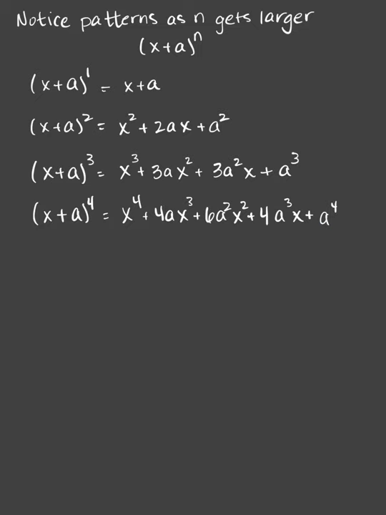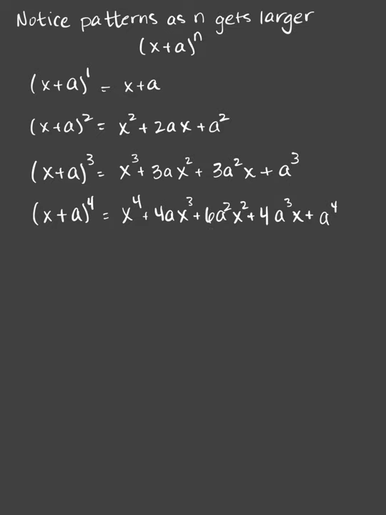So if we stop here for a moment, we do notice that each of these expressions has n plus 1 terms. So here, if n is 1, the expanded expression has 2 terms. Here, n is 2, the expanded expression has 3 terms. Here, n is 3, the expanded expression has 4 terms. Here, n is 4, the expanded expression has 5 terms. We've seen a few times that n value being repeated on the second coefficient, as well as the second to last coefficient. What we're not exactly sure is where this middle coefficient, specifically in this example here, came from,